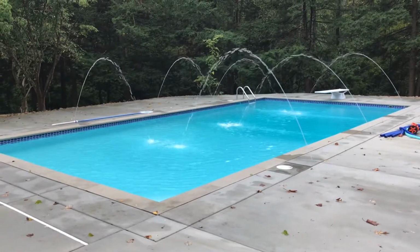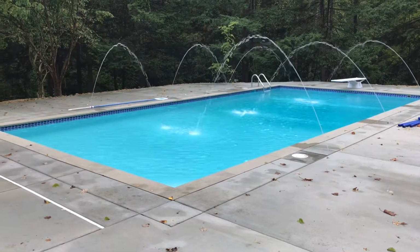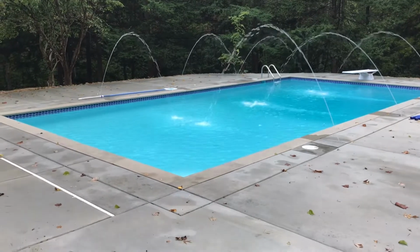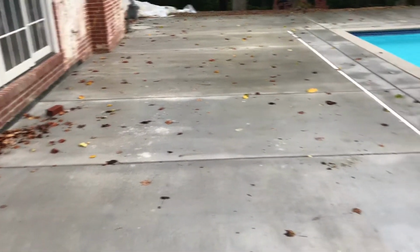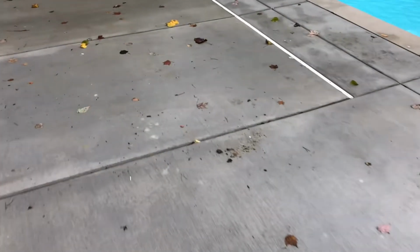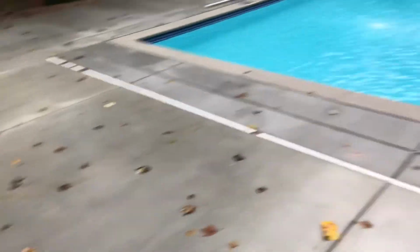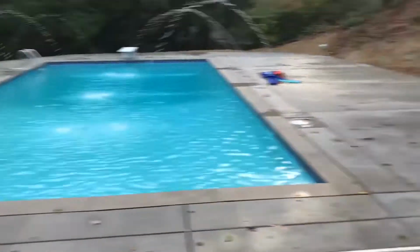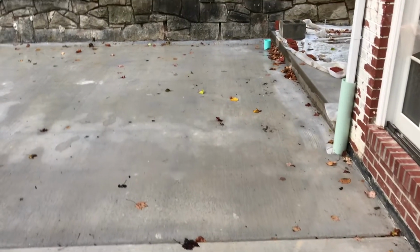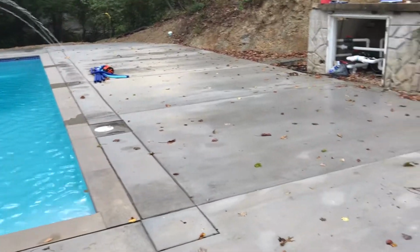All right, well, here's where the pool is today. Man, we have come a long, long way. We got all the concrete done around the pool, including some drainage work. Our concrete contractor and our general contractor worked together to figure out the perfect slope for all the concrete to keep from having water pooling around the property. So it slopes toward this wall, and it slopes down toward that corner, so it carries all the water away